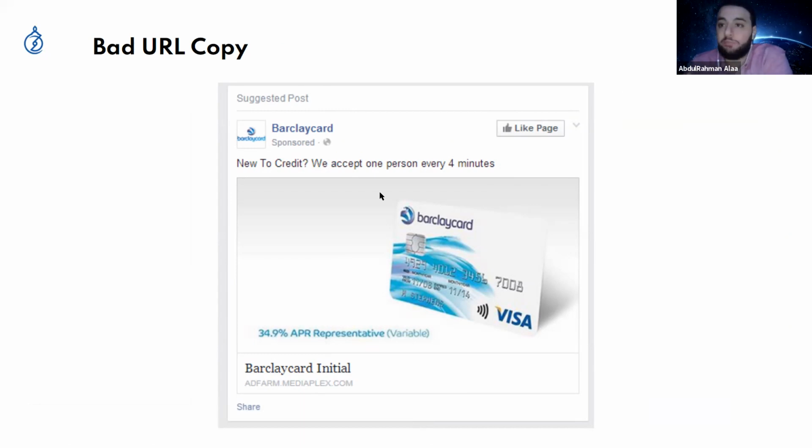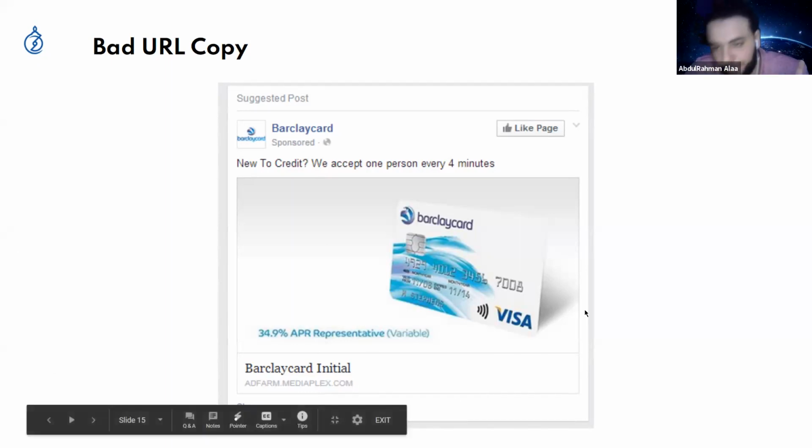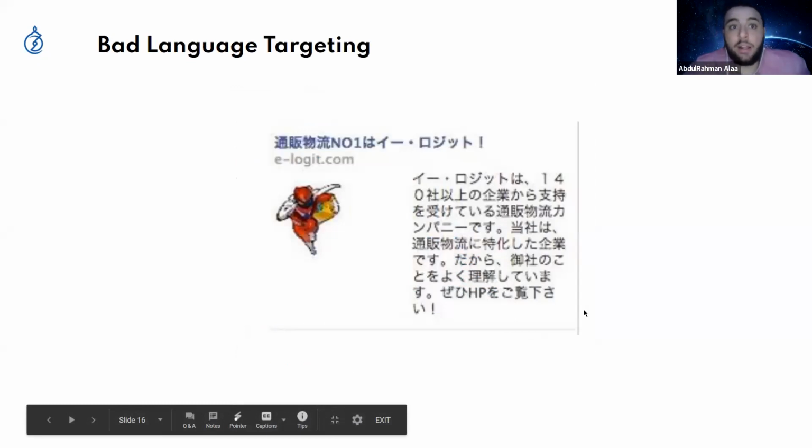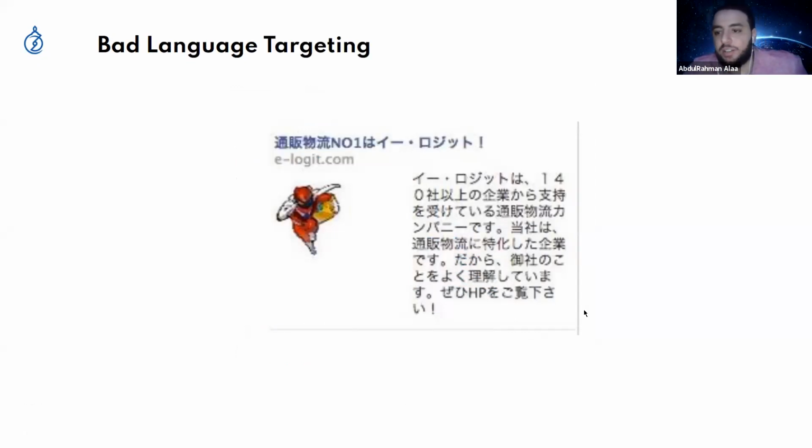And people read this part because there is hacking, and sometimes Facebook's algorithm itself can't catch the bad URLs. So you need to take care before clicking on anything that looks suspicious, and you need to make your URL clear. It's name.com or .net or anything else, but not like this. And the bad language targeting, that's obvious and clear.